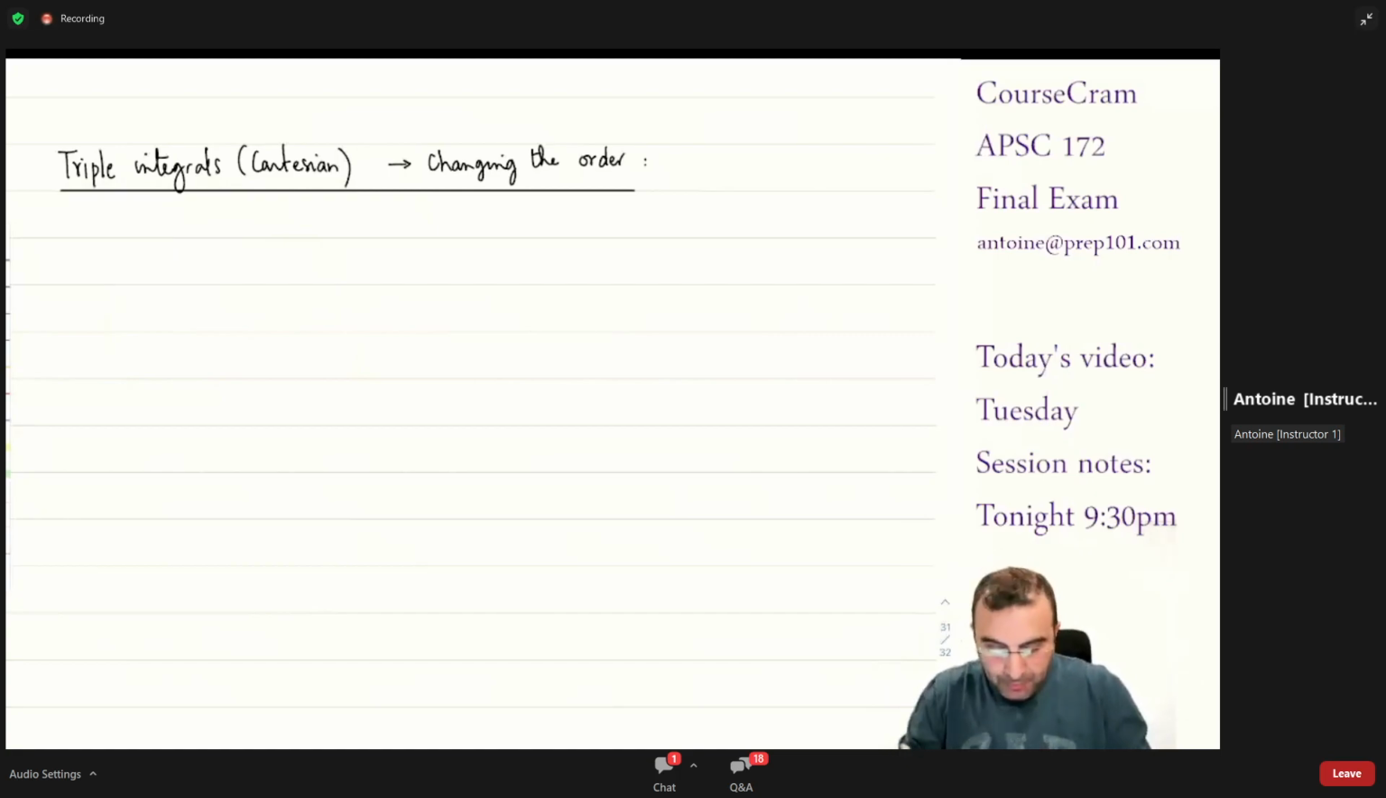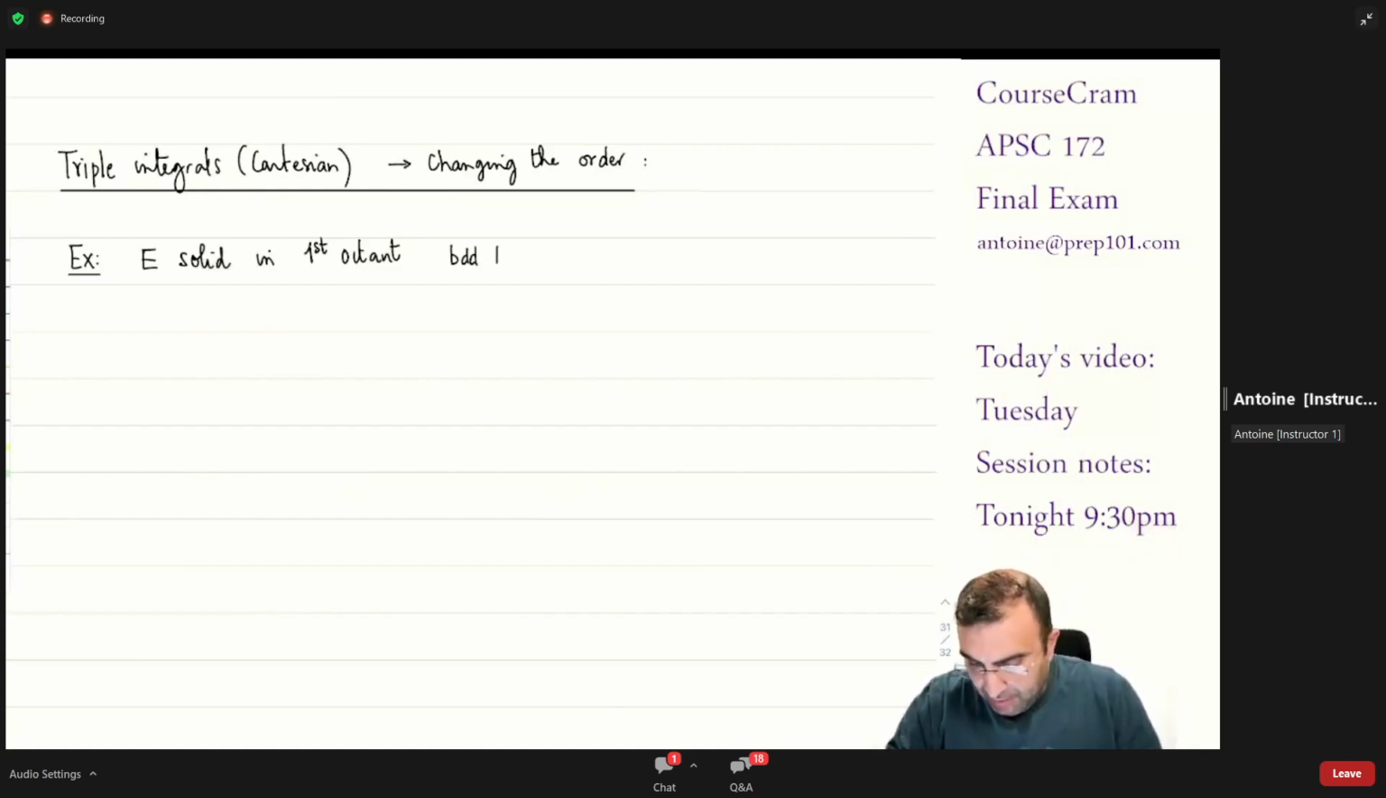Let E be the volume. Here's an example from one of the finals. I just can't remember which final I took it from. Let E be the solid that is in the first octant. First octant means positive x, y, and z. Bounded by the plane 2x plus y plus z is equal to 8,